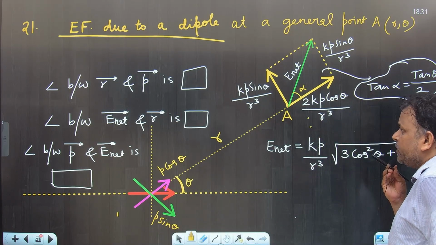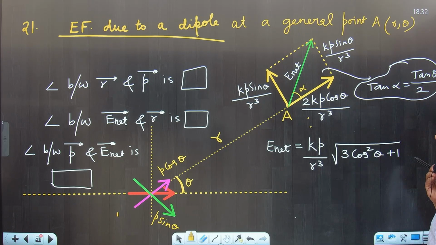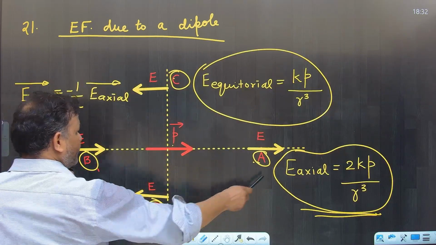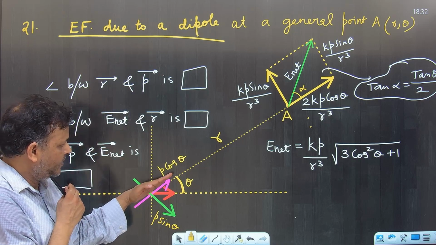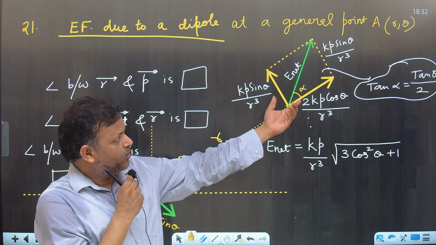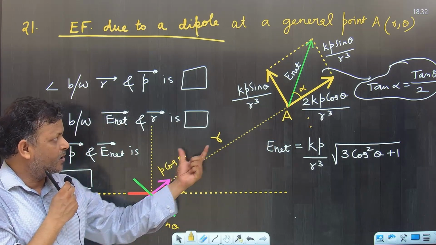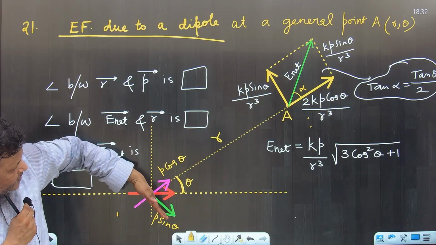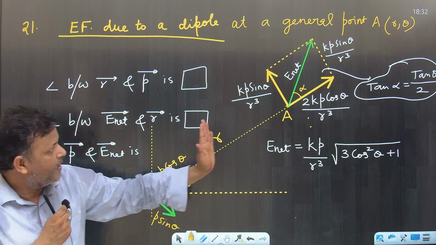So due to this P cos theta, at point A you will get electric field, this component will be 2kp cos theta by r cube, because look here, at the axial position electric field is 2kp by r cube. So due to this dipole component, it is axial position, the formula will be used here, 2kp by r cube. So at place of P you will use P cos theta, and at this point, due to this dipole, electric field at this point A will be opposite to P, and like this,